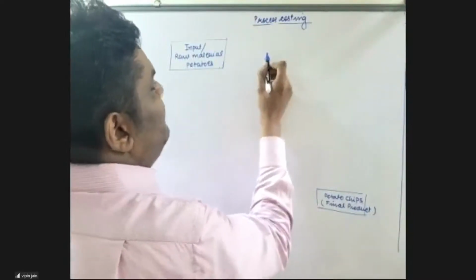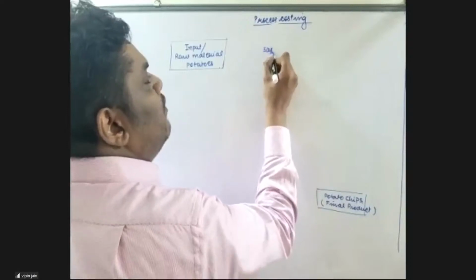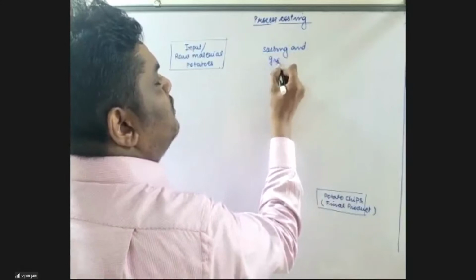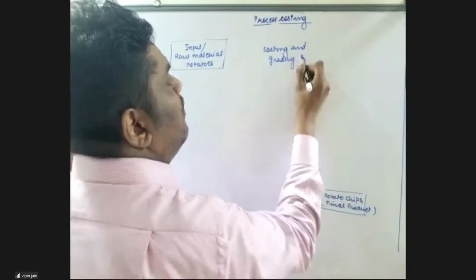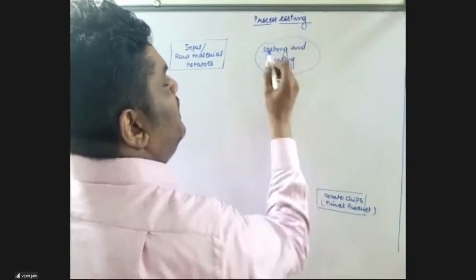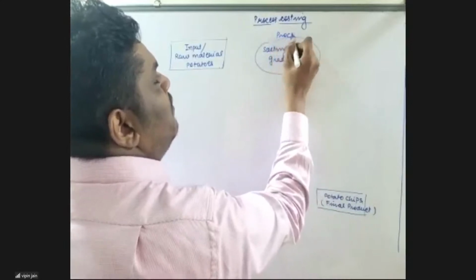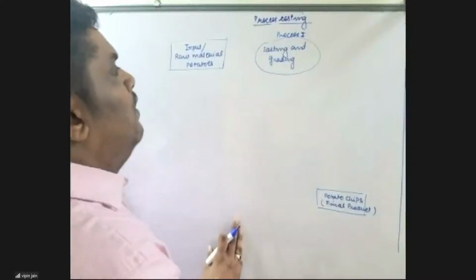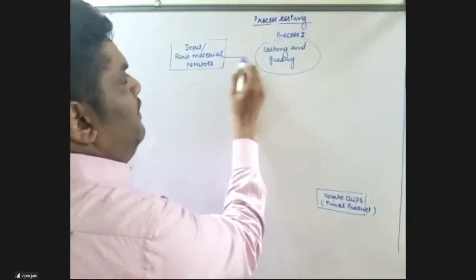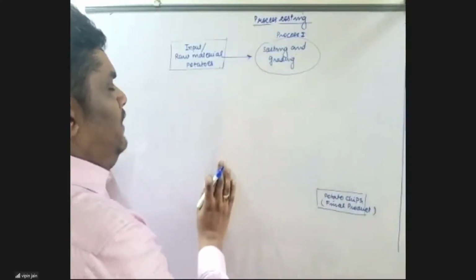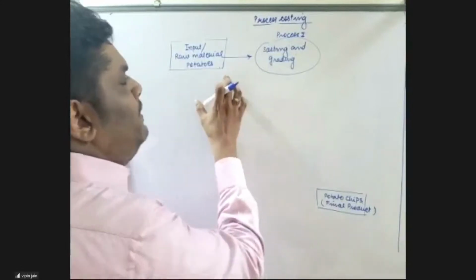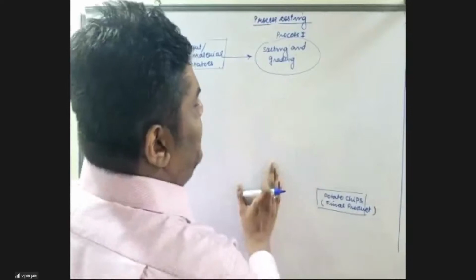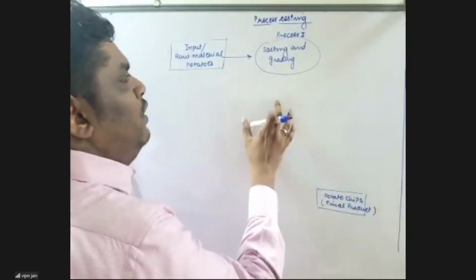is my potato. So the first process is, let's say, sorting and grading of potatoes. Sorting and grading. This is my first process. Now the input we put in process first is potatoes, and the process first is sorting and grading. Now after sorting and grading,